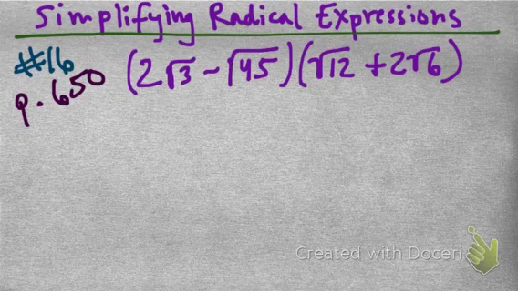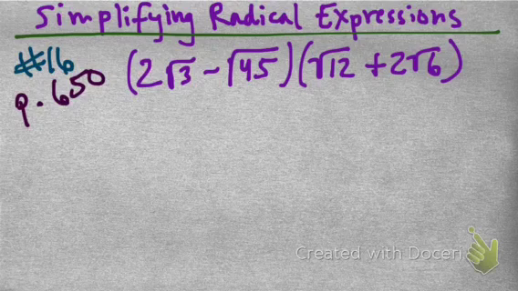This is number 16 on page 650 of the 11-2 worksheet. And this time we are multiplying radical expressions. So we've got these two binomials to multiply. And it gets a little ugly with the radicals. And to avoid having to multiply such large numbers, I'm actually going to simplify anything I can before I even